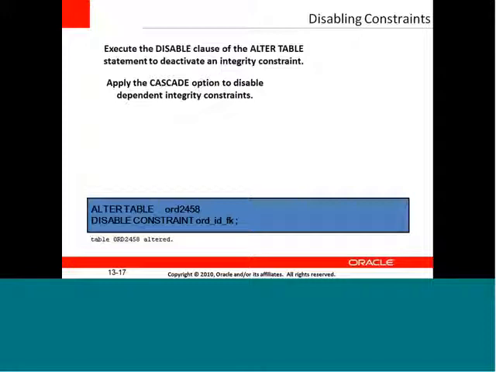Yes, the constraint will be there. As you said, I may use the foreign key at a further stage. I may require that foreign key in a later period of time, wherein I may use that foreign key, right? Okay. In that case, we can use this particular functionality. That is, I can enable the constraint, I can disable the constraint.